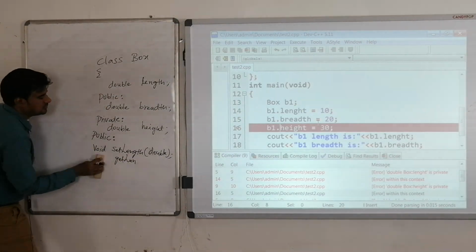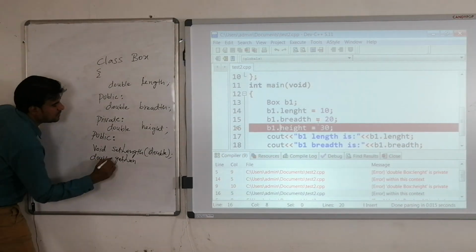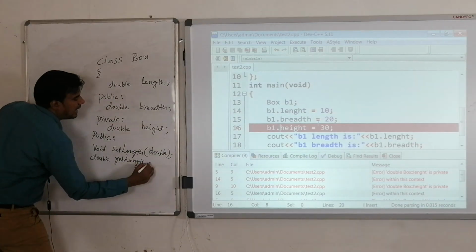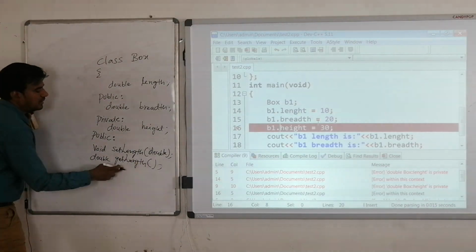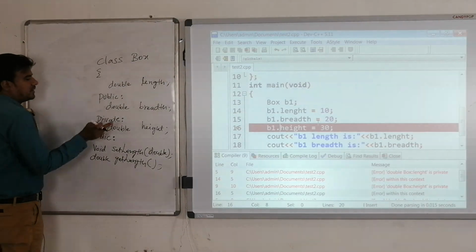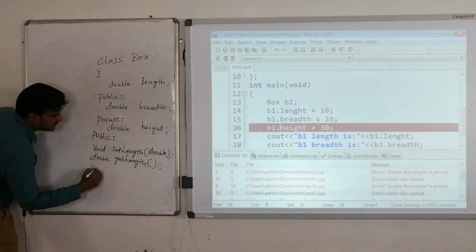No void, but it will return double because my length type is double, so I have to use double get length. In that same way, I have to use two more methods for height also.